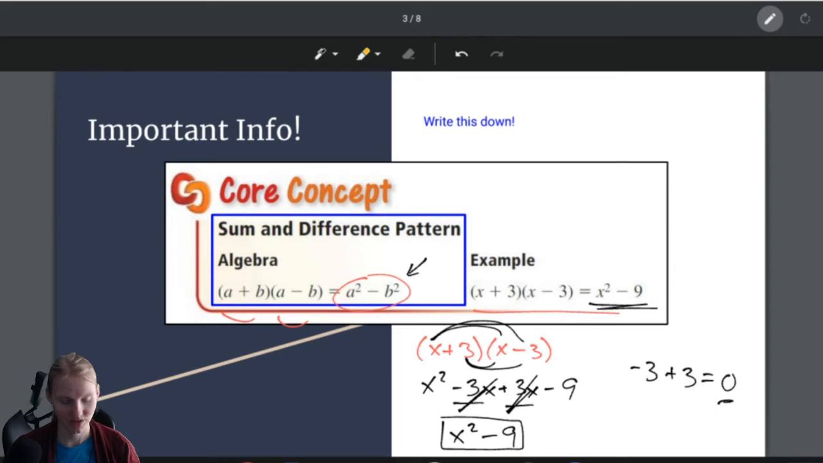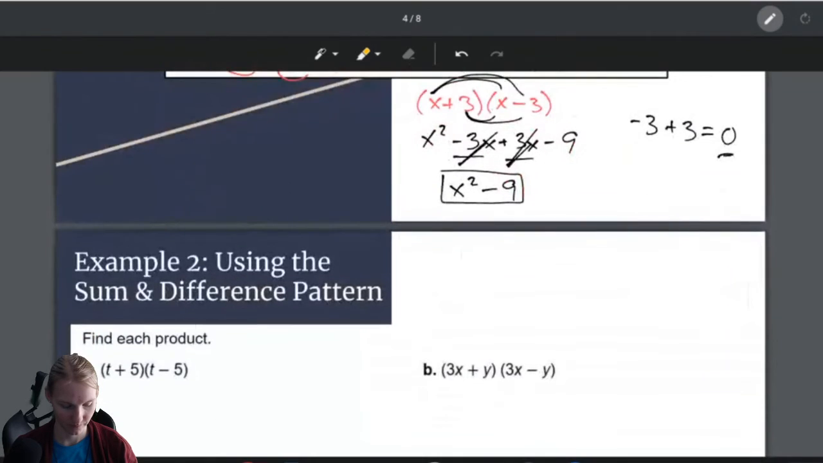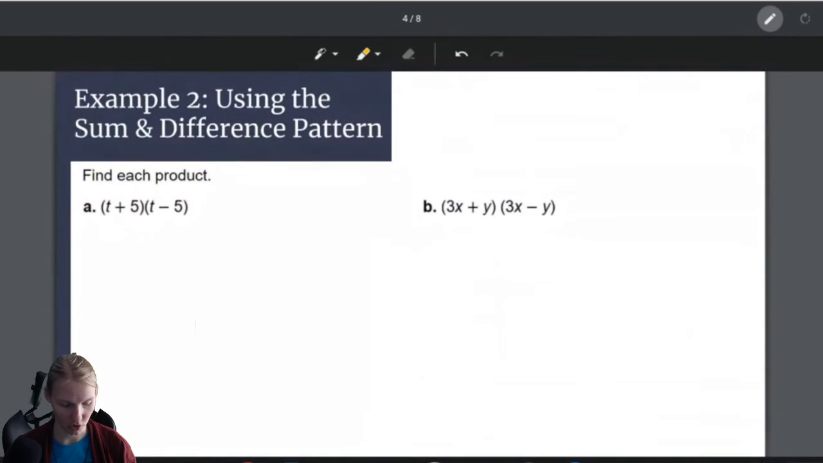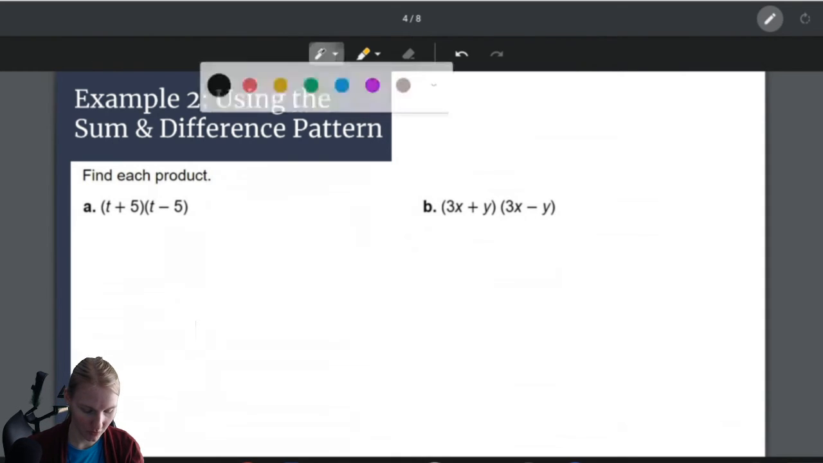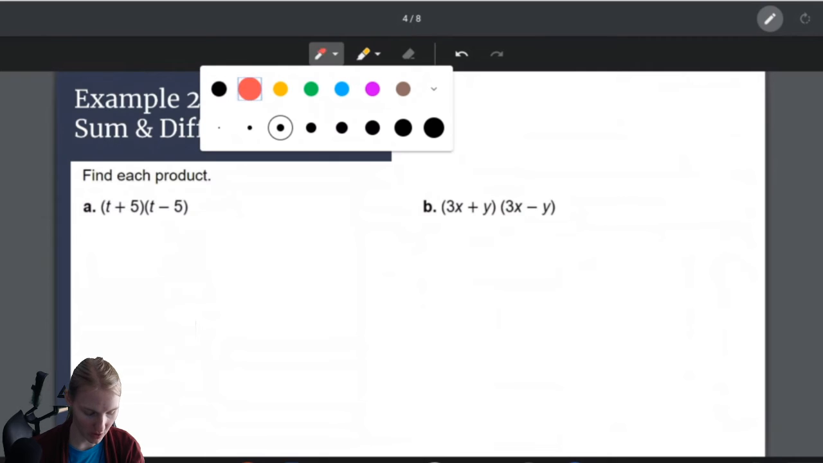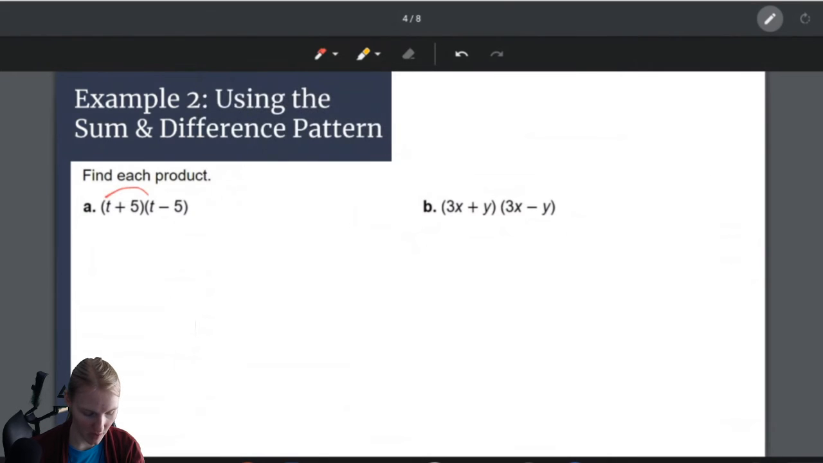Okay, so that is the pattern. Now let's do some more examples with it. We kind of already did one, but we're going to do a few more. Using the sum and difference pattern, this is our success criteria. So, you could FOIL this. You totally could, first, outside. You could do that if you want to, and you would get the same answer. Or, we can follow the pattern that says